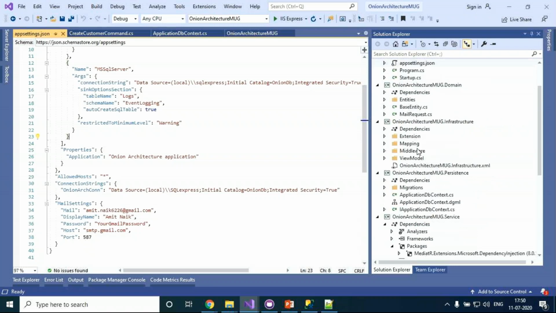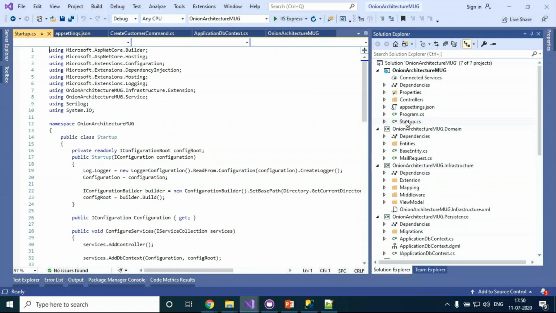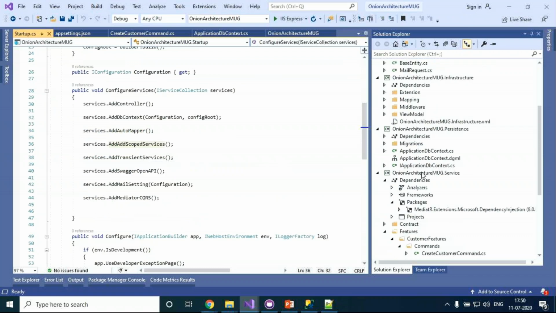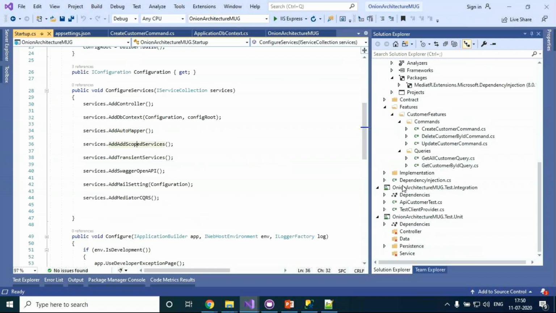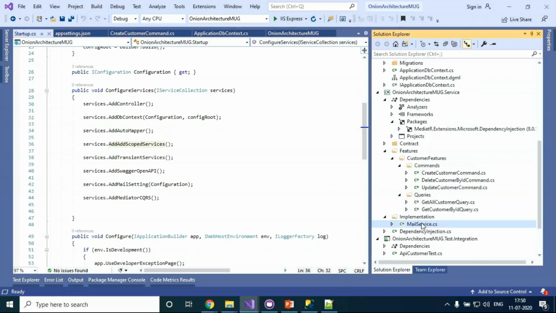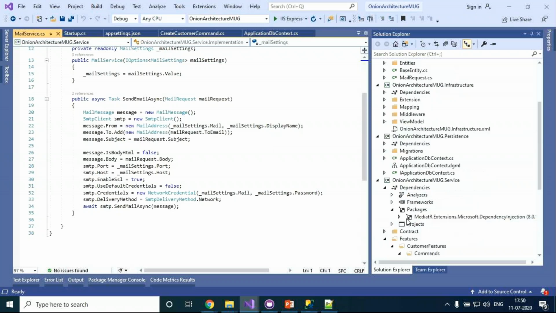And secondly, all the AutoMapper and all the services, the email also, the logic has been written in the email services. I just wrote all this for any logic. If you want, we can use it in services, or if you want to make use of it, you can implement it in the infrastructure layer also.